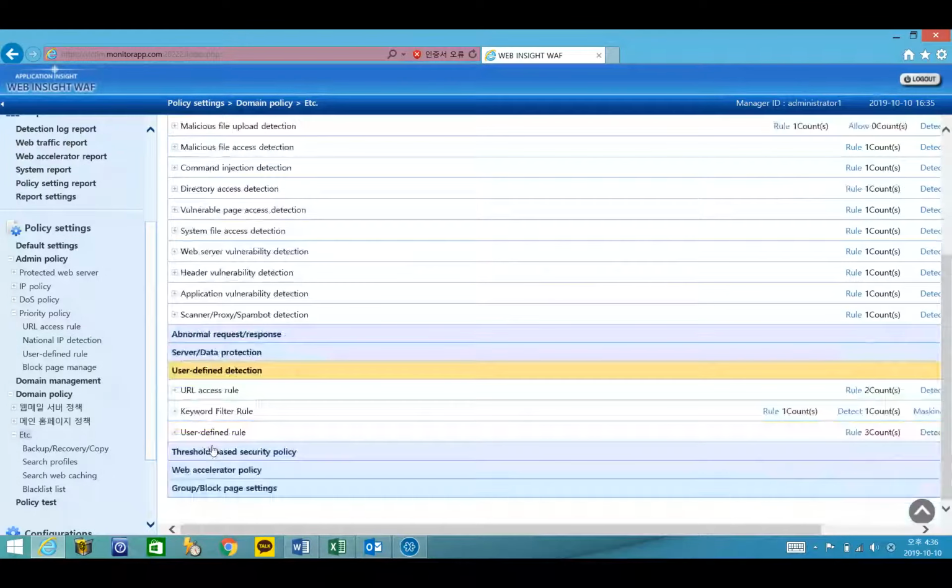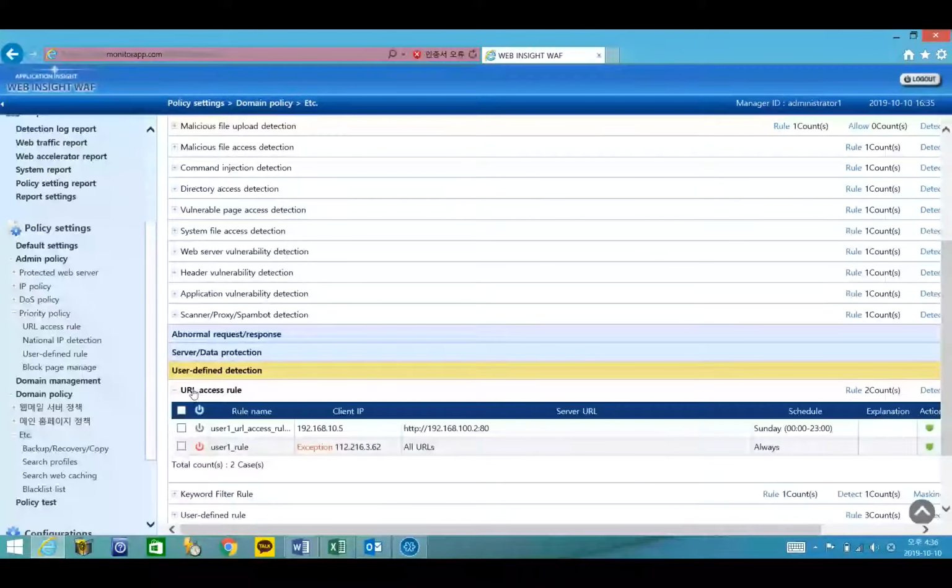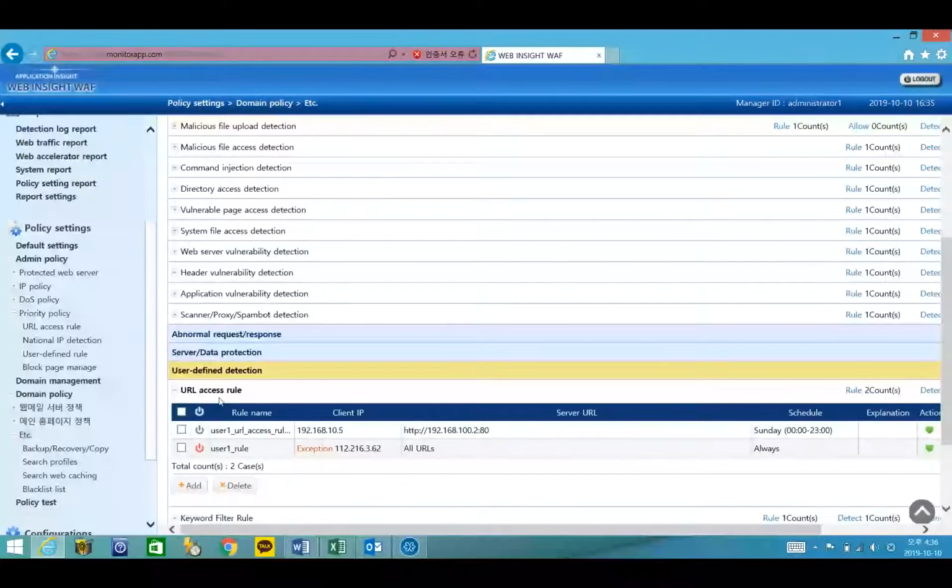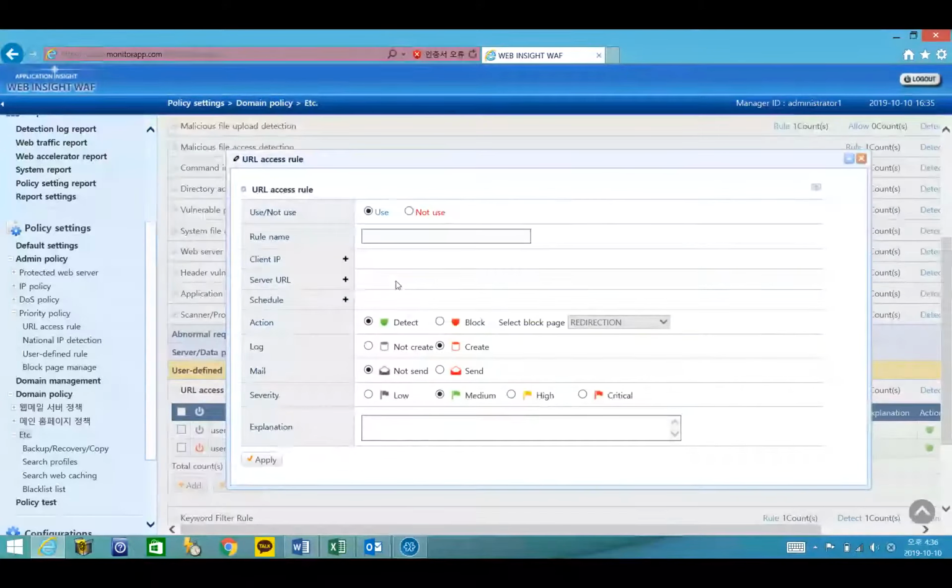You can inspect more deep contents in the detections, and you can click the add button, and so you can see these contents. So URL access rule is for